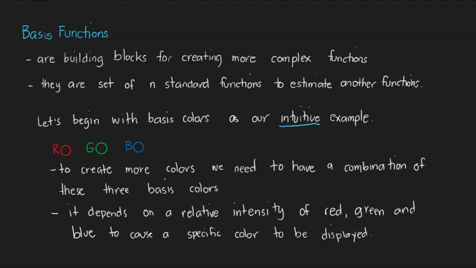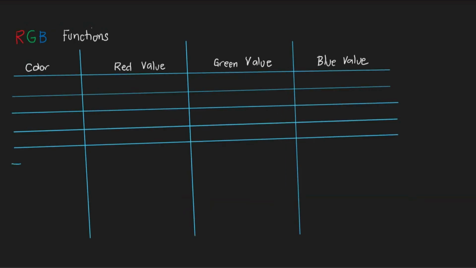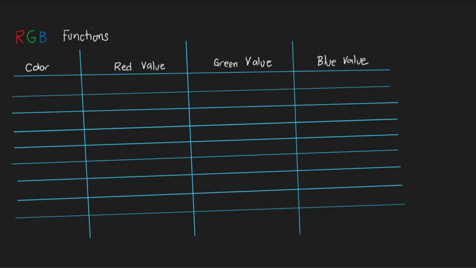In computer systems, we have the RGB functions. Each of the colors has 8 bits or 256 levels of intensity, and their combination produces any other colors. Let's have our table as our example, and we have of course the red, green, and blue as our